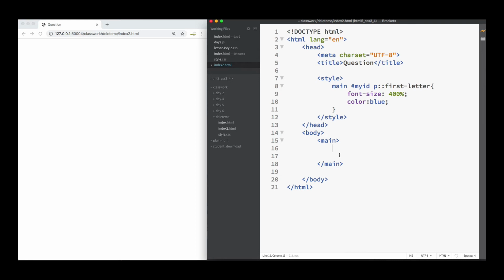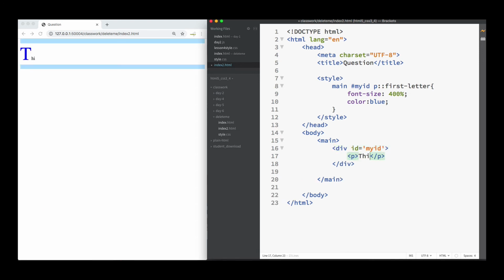However, that element should in turn have P as its descendant. So when you think about the elements which can have P as its descendant, your choices will get limited to div and section. So let's put div. So div, now the div has to have an ID of my ID, and this div should have a P element. And now if I put some content in it,